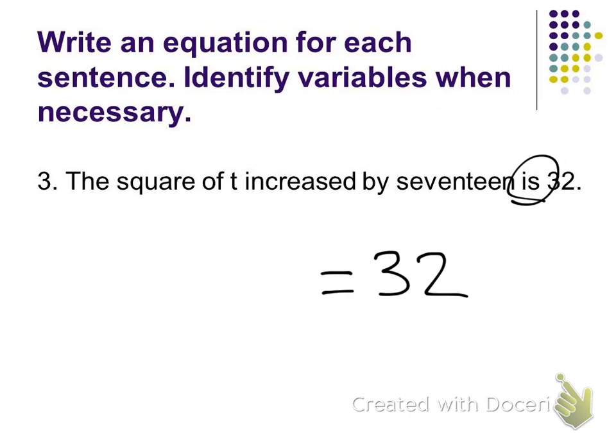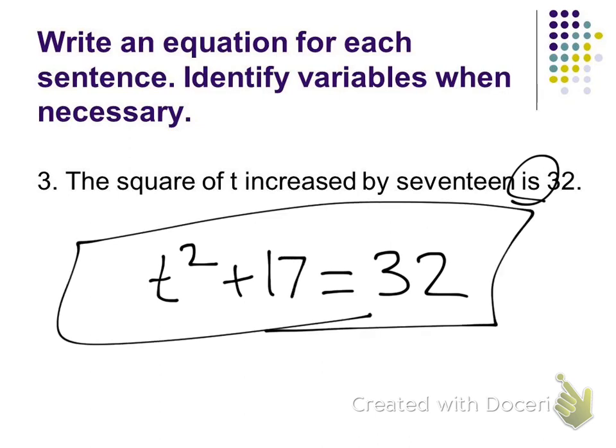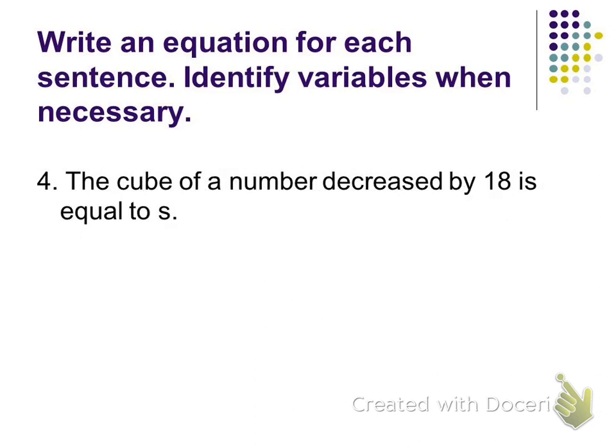The square of t. How would that look? t squared. Increased by 17 is 32. Done. So is equal to